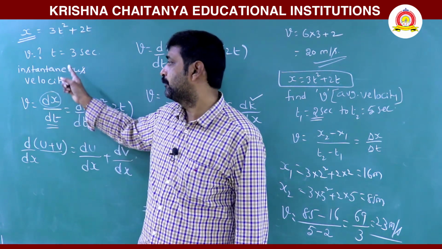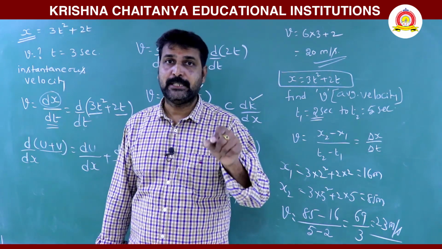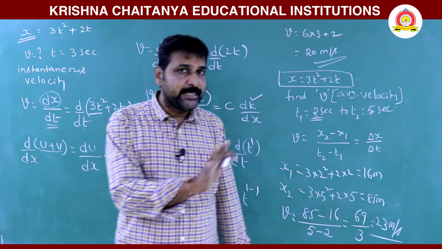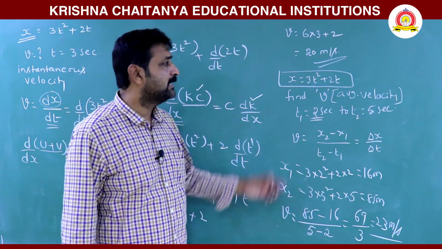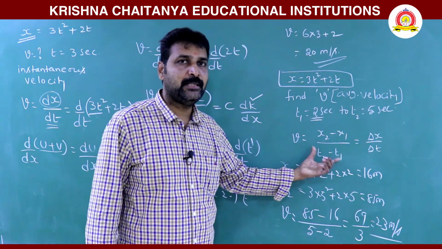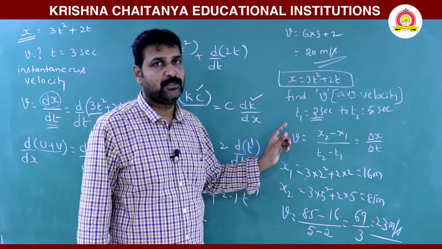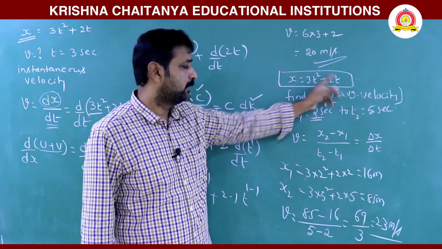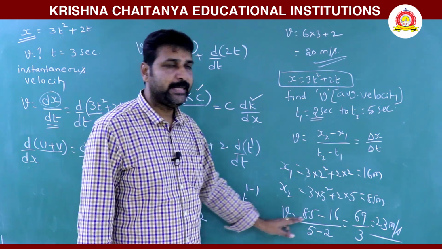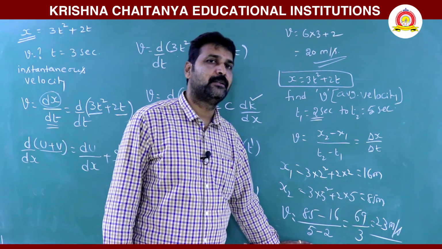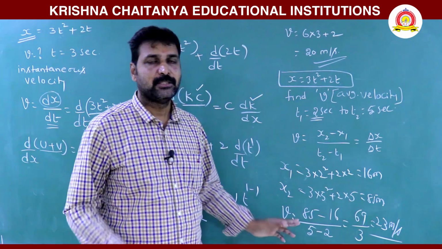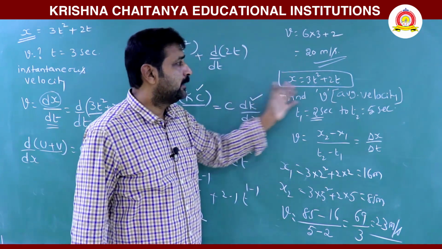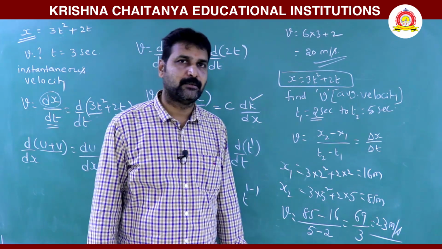When we go for differentiation, when that change is instant, then only we are differentiating. If the change is not instant, it has some time interval, then that change is not instantaneous. So we are not going for differentiation. We are taking the 2 times, writing the positions and taking the displacement by interval. So this is average velocity. So that is the difference between differentiation and the other method. Fine.